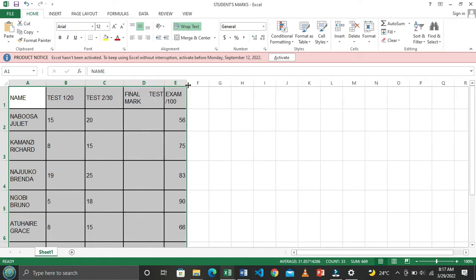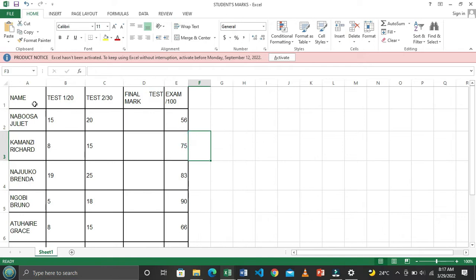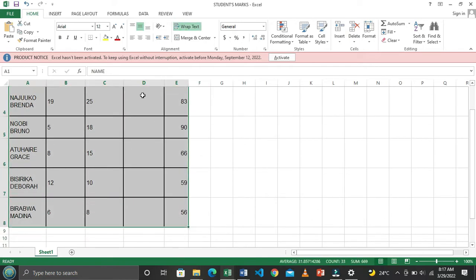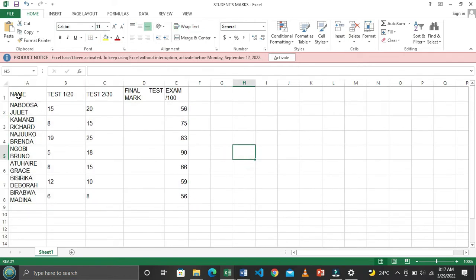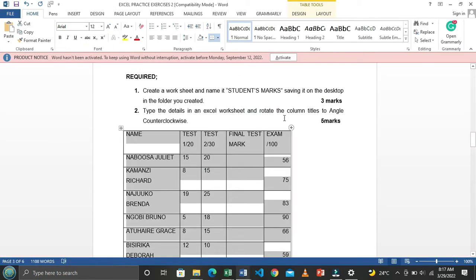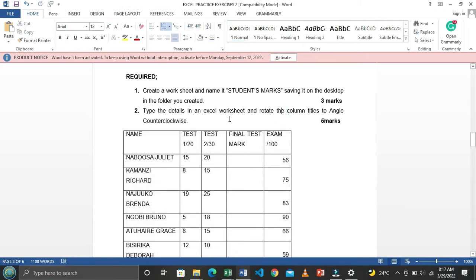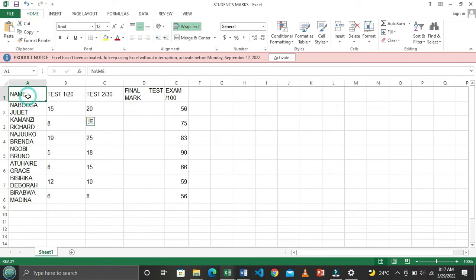Let me try to change this very fast. First leave it like this, no borders. Okay, now they're telling us to look at the question. They're telling us: type the details we are done and rotate the column titles to angle counterclockwise. The column titles are these ones here: name, test number, out of 20, out of 30, final test, exam,